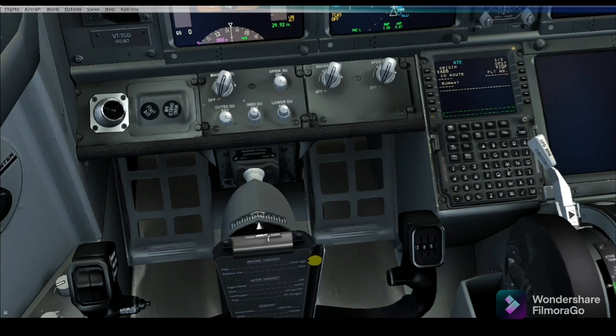Our company has set a route, Bombay to Delhi 001, which is called the company route.